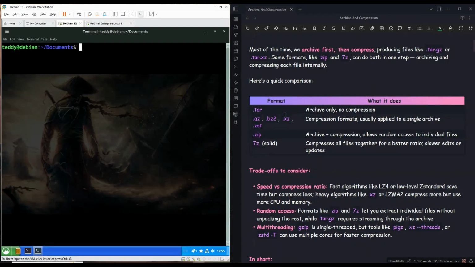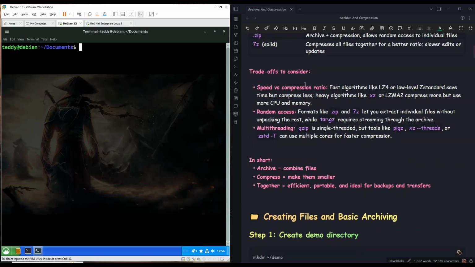So, if we take a look at this table, we can see some of the formats and what each of them does. So we have .tar, which is archive only, no compression. We have .gz, .bz2, and .xz, which are compression formats usually applied to a single archive. We have zstd, same thing. And then we have .zip, which is archive plus compression and allows random access to individual files. And then we have 7z, which compresses all files together for a better ratio, but slower edits or updates. Some of the trade-offs that you should be aware of: